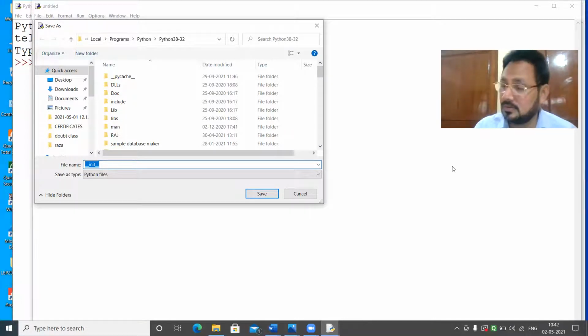So, understood, to make a package: first and foremost, a library may have a number of packages, and those packages have modules. But our package is basically a folder, and that folder is considered a package when it has an init file in it. Module files are there, that's a different thing. Module means simply .py files, which have a number of functions in them.